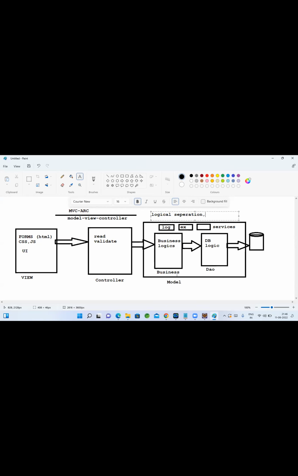You can call it business or service, no issues. You can name it anything, but this is how you need to maintain clear logic separation.